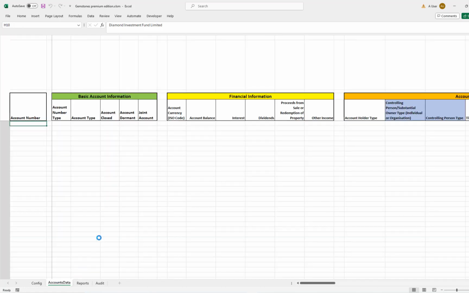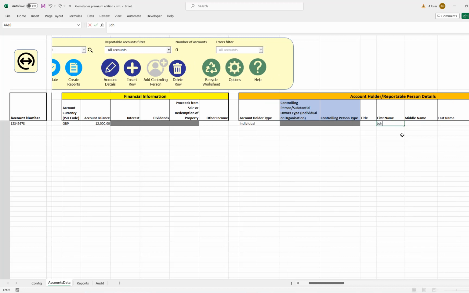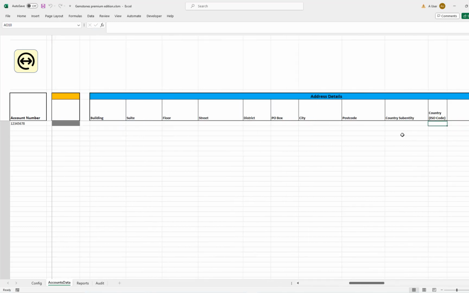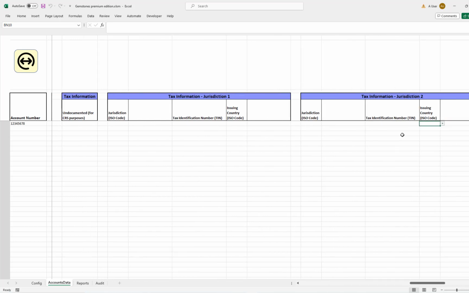I'm now going to move on to the accounts data worksheet. This is where you would enter all of the reportable accounts information, and you can use this very much like a spreadsheet in terms of entering data and working your way across from left to right, completing the fields as you go, and working across in terms of the account holder type, and entering details like the account holder name, address, birth information, and then the tax jurisdictions,